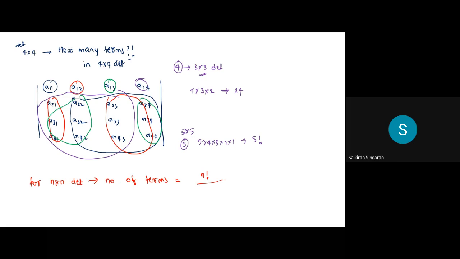Fantastic. Now, I have a few properties to write on determinants, which are very, very important properties. So keep them in mind. Definitely a question is going to come from properties. So, properties of determinant. I can make nice questions from this. In any exam, mathematics, linear algebra, definitely you are going to get questions on these properties. First property is determinant of A and determinant of A transpose will be the same.